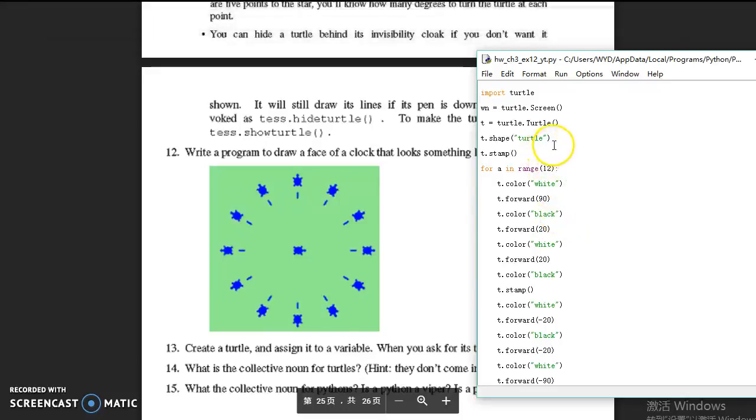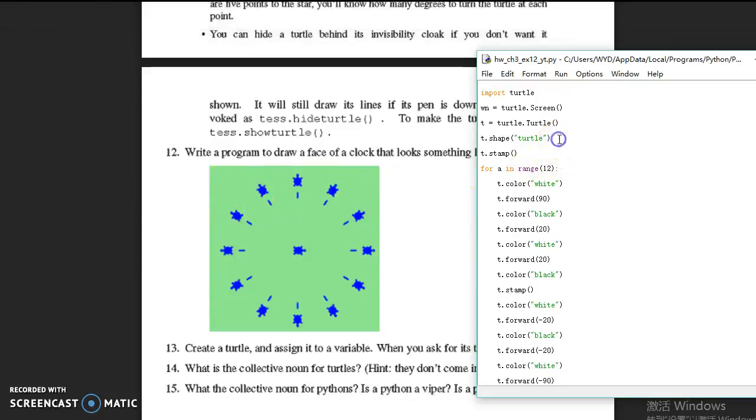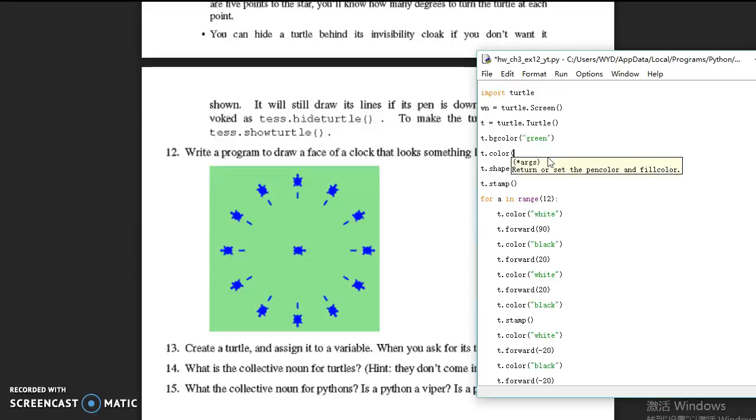Should we add more colors, like the background is green? Yeah, let's do it. So the background color, let's do green, and let's make our total color, which is blue,